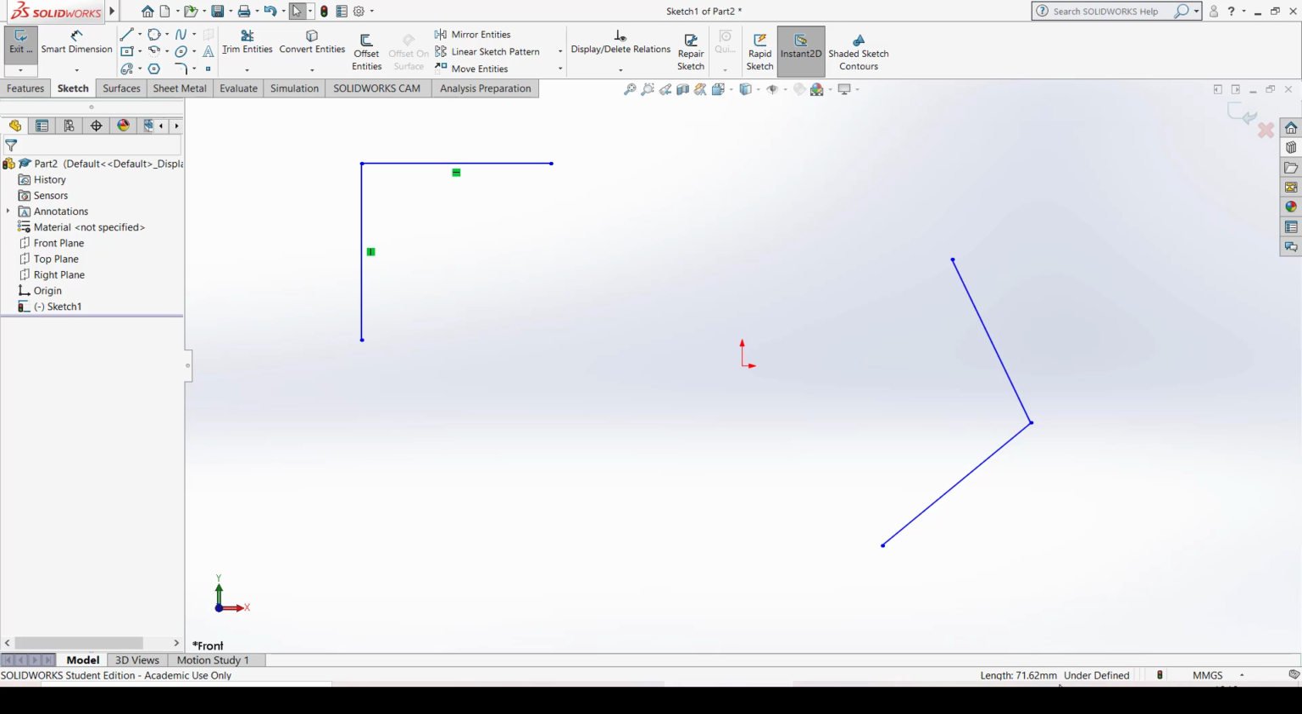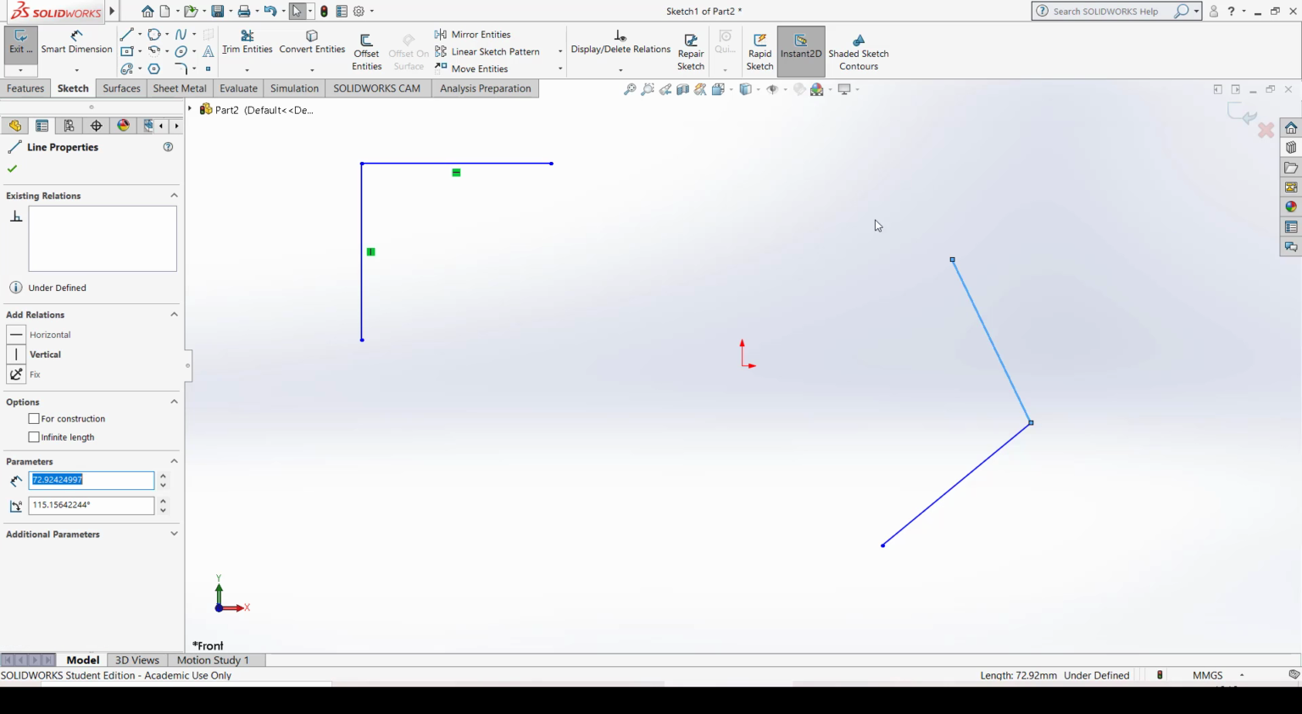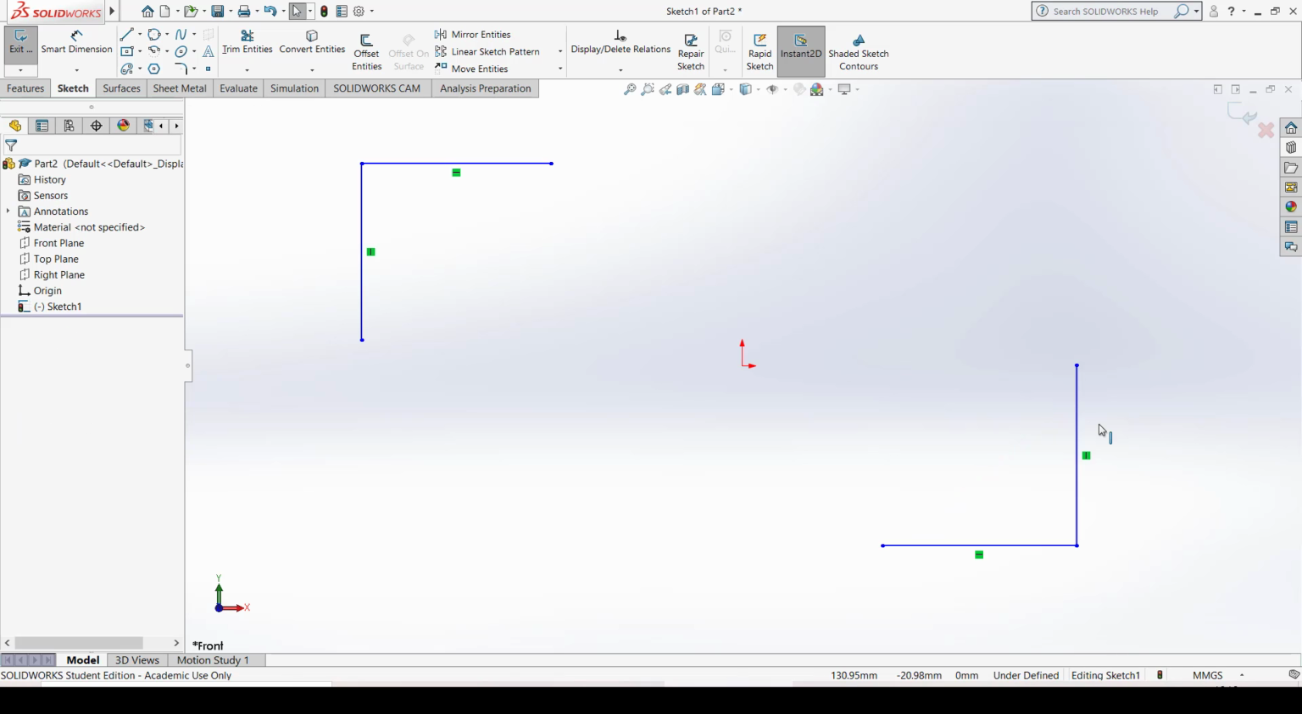You can see here at the bottom it is written "Under Defined" right now. Again, I click this line. Now it comes to the second entity we drew. Now click this line and make it vertical, click this line and make it horizontal. Now you can see all the lines are horizontal or vertical, and all the lines are at 90 degrees to each other, so they are